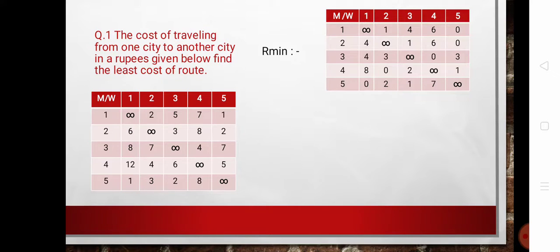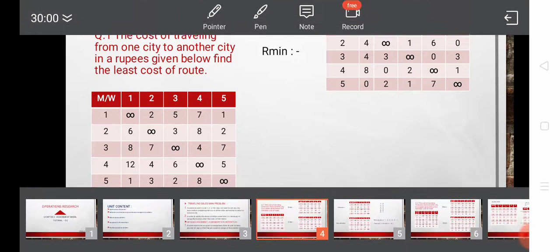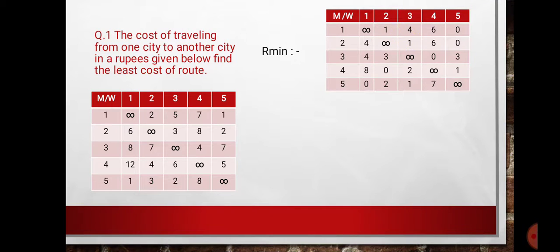2 minus 1 is 1, 5 minus 1 is 4, 7 minus 1 is 6, and 1 minus 1 is 0. For the second row, the minimum value is 2. Then 6 minus 2 is 4, 3 minus 2 is 1, 8 minus 2 is 6, and 2 minus 2 is 0.